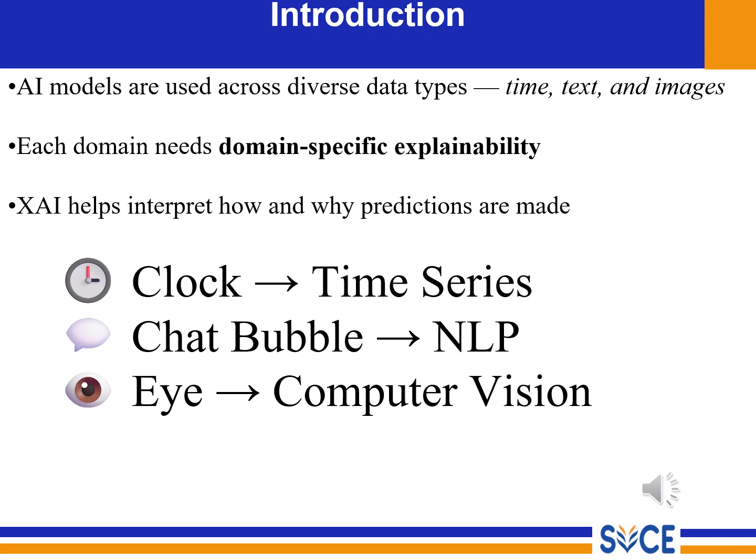Now take another example. Suppose a bank blocks your transaction, saying it is suspicious. Immediately you will ask why. Because it is your money. You need justification. So explanation is not optional. It is necessary. Now in today's session, or this video, we are going